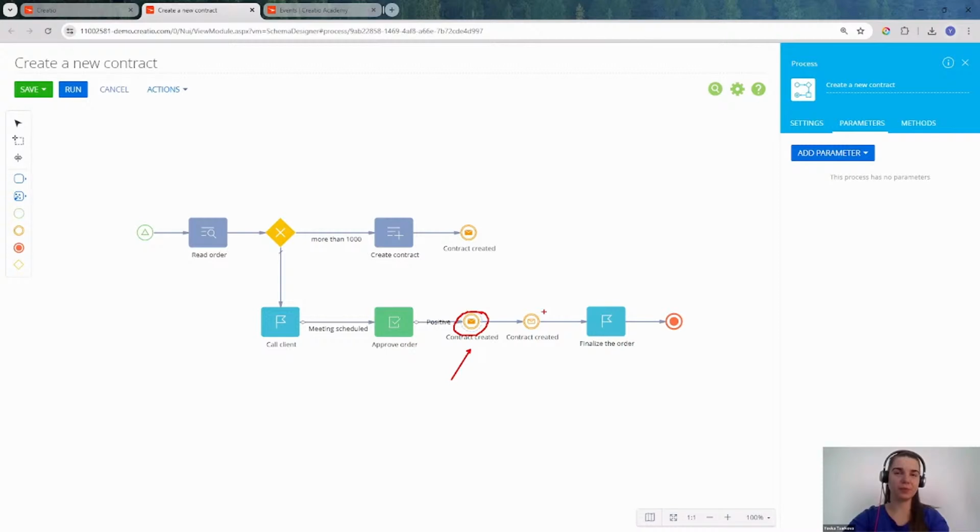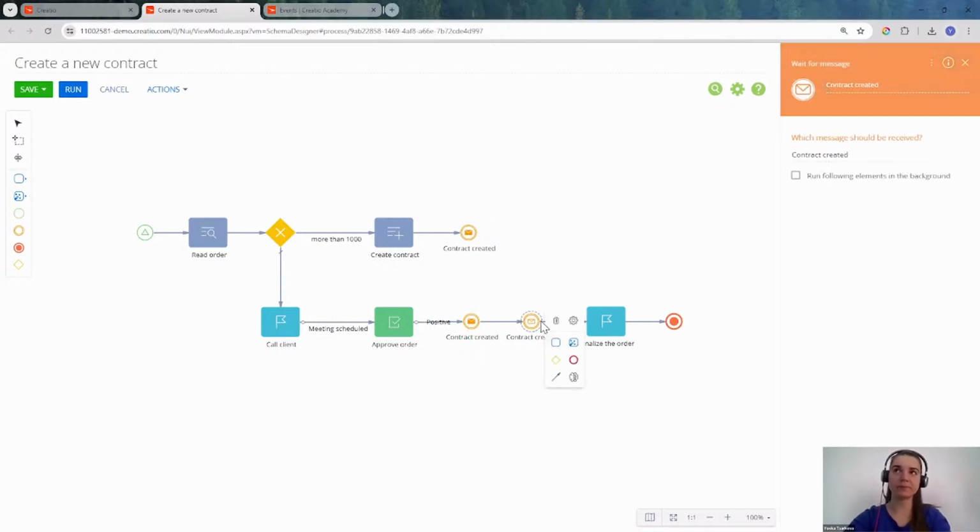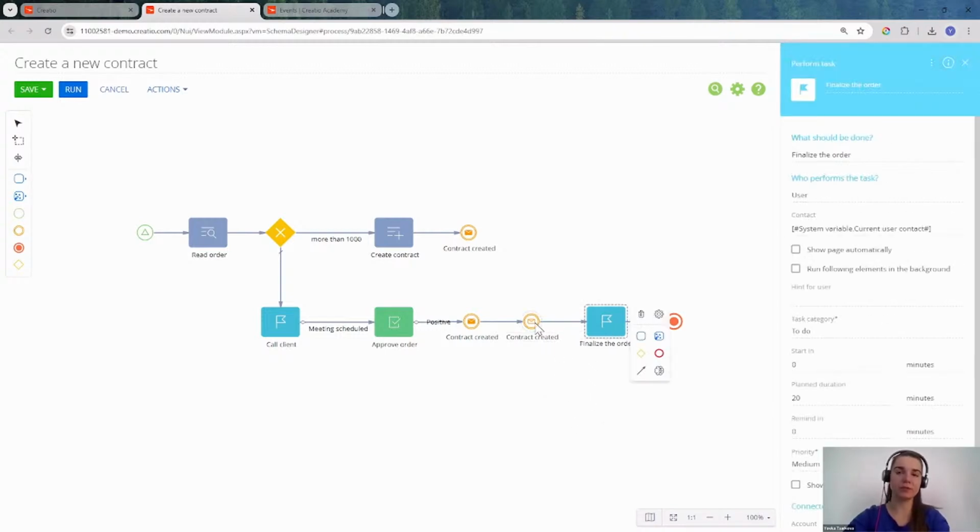Then, since we have thrown a message, we need to receive this message. Right? So here, that's our signal to wait for message. And the message is the same as the one that we were generating, contract created. And our last task, after we receive a message that the contract is created, we want the users to finalize the order. Now that might not be the best business process for real cases, but I just want to show you